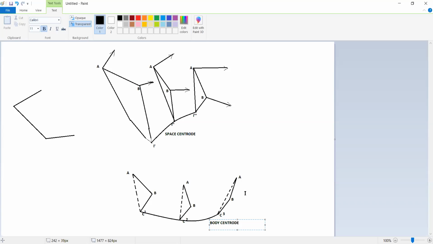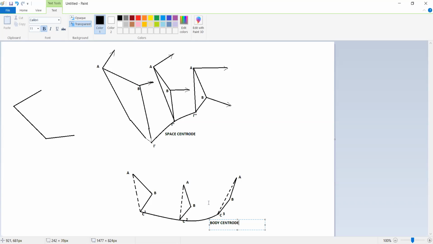Okay, got the difference between space centroid and body centroid. So these are nothing but the space centroid and the body centroid. Now, next one we'll go. So basically, what does it mean to say? This is basically the instantaneous center we are getting. This is the space centroid, and whatever this point we are getting is the body centroid. In that diagram it is also shown that whatever curvilinear path it is taking on the downward side is the space centroid, and the upper side is the body centroid.